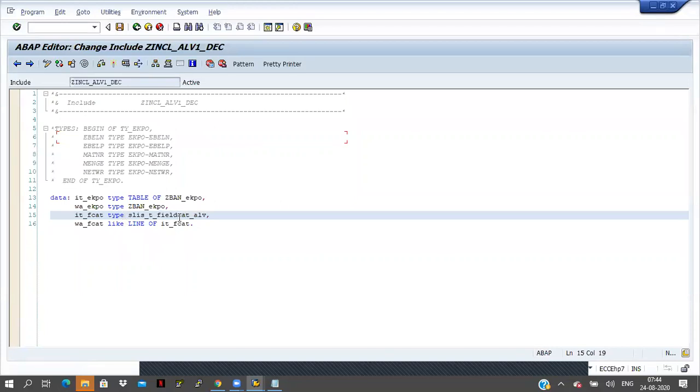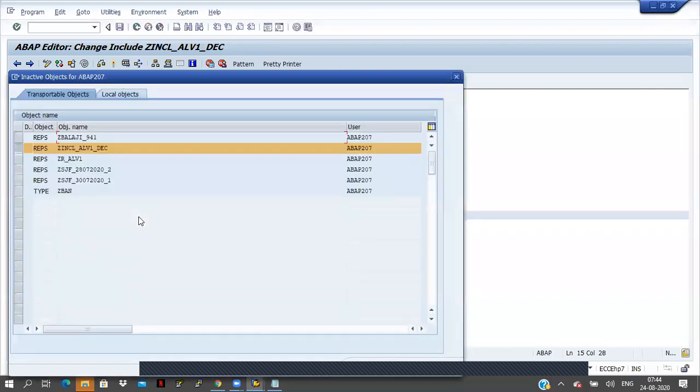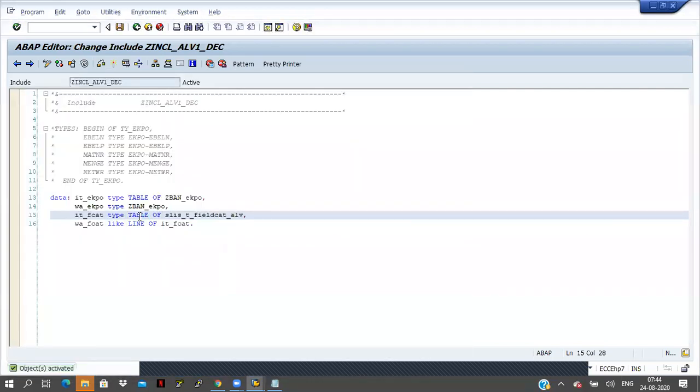Occurs 0 means automatically it will work like an internal table. So I am using like this. So if we have doubt, type table of, just take it, save it, check it, activate it. There is no problem now.